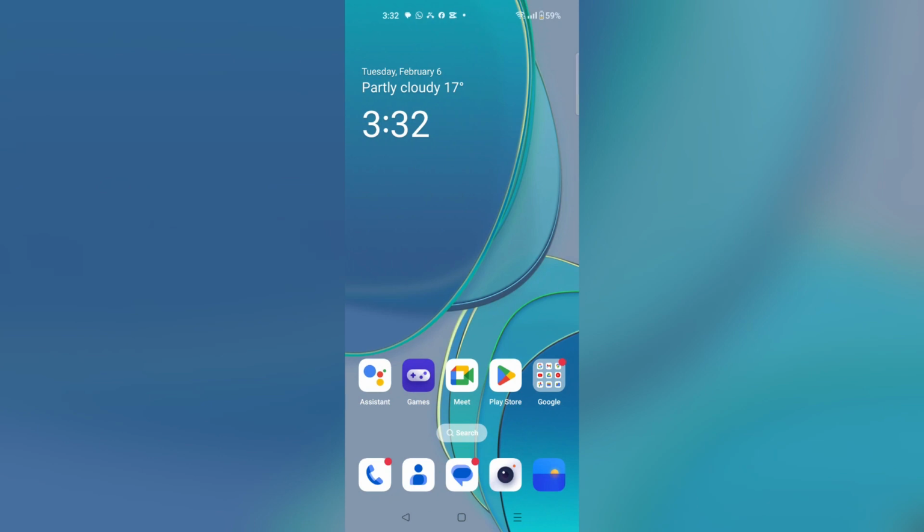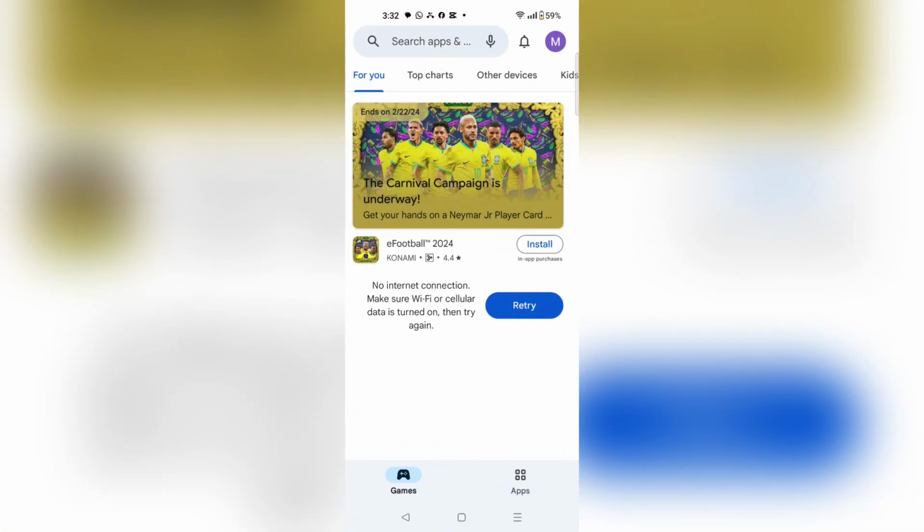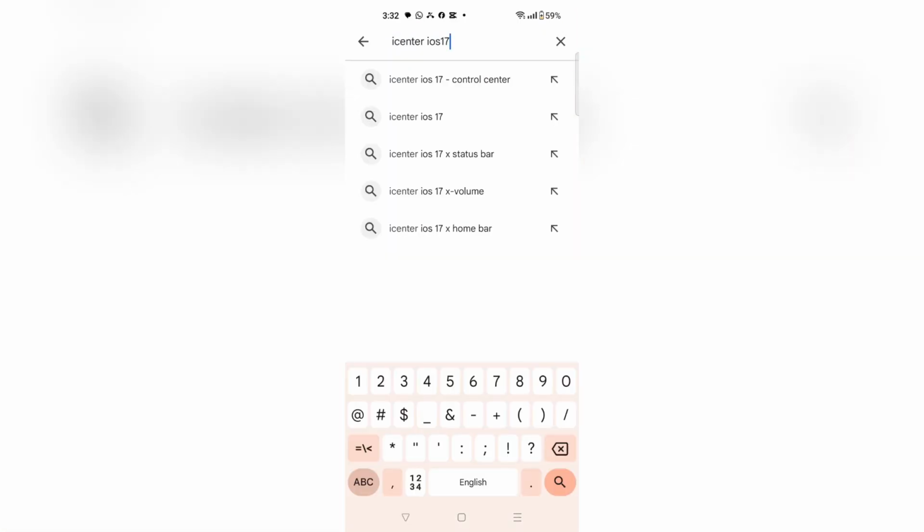How to change Android control panel to iOS control center. Let's dive in. First, you have to open your Play Store on your Androids and then you have to search